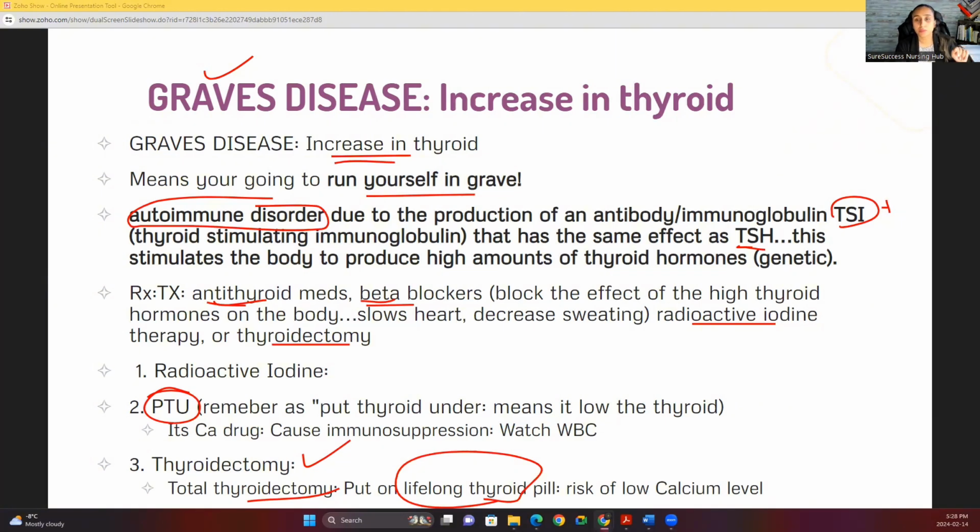And signs and symptoms. Grave's disease signs and symptoms will be the same. Hyper, every single thing: weight loss, heat intolerance, heart rate, BP, diarrhea, everything will be super increased. Not except a few, but it has a few additional signs and symptoms. Just like myxedema coma has that waxy appearance, it has a few typical other signs and symptoms, and those are